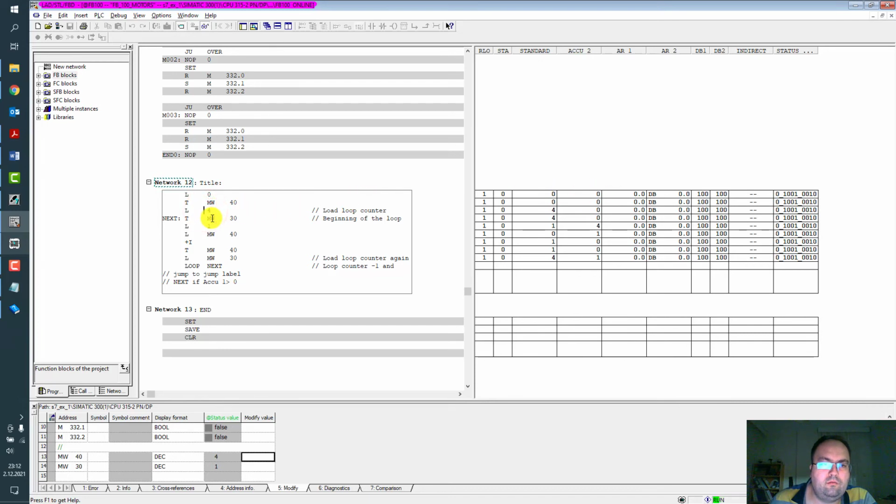Right here as a loop counter, we set constant 4, and there is a loop going inside the network 12.